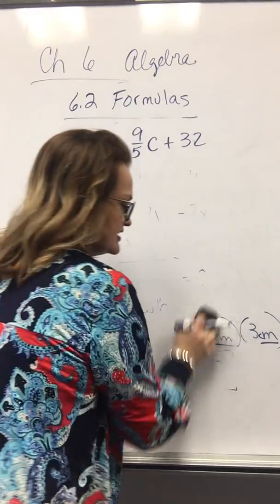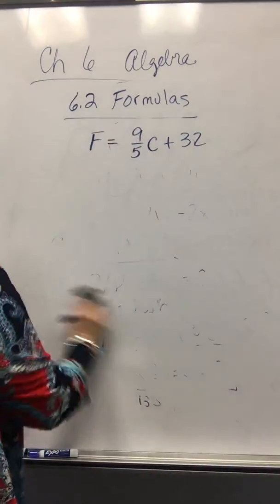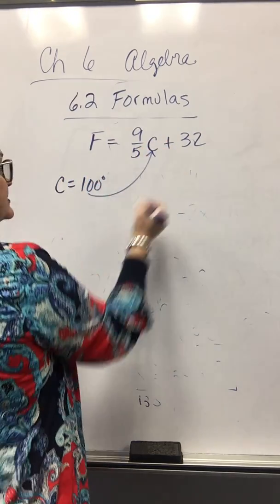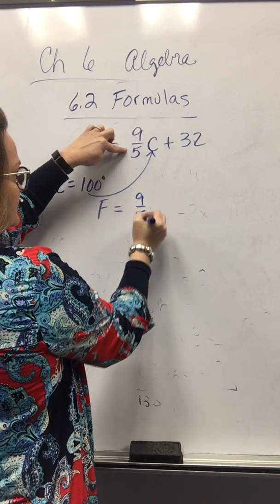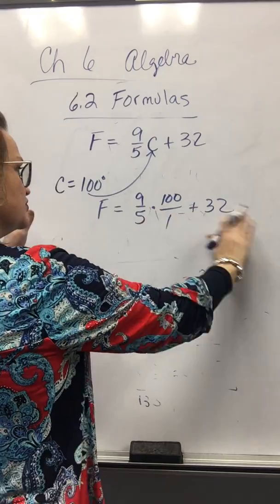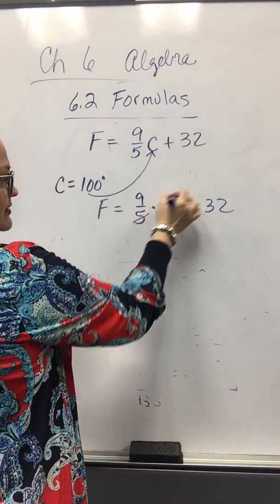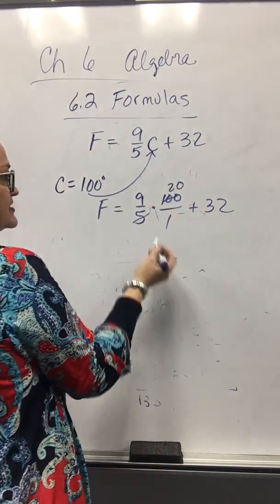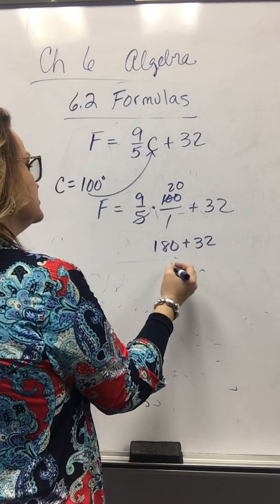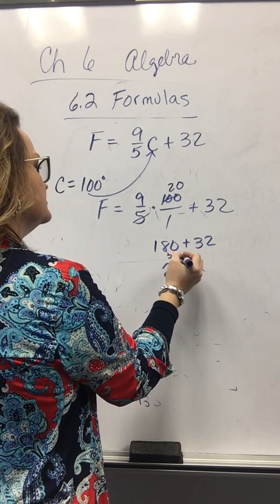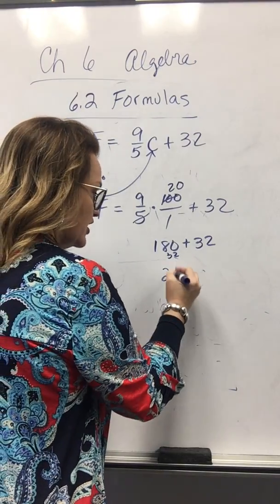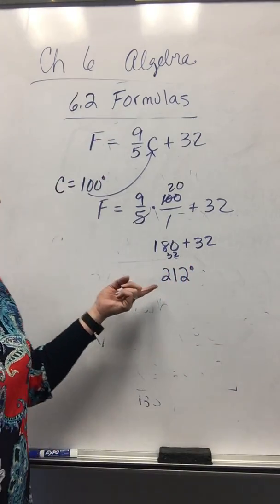Let's say Celsius is 100. What's 100 degrees Celsius in Fahrenheit? So when Celsius equals 100, plug that in for C. Fahrenheit will be 9/5 times 100, or 100 over 1, plus 32. Again, you purely do that on your calculator. By hand, I picked a number that would go evenly 20 times. So that makes 180 plus 32, which is 212, I think, right? Yeah, 212,